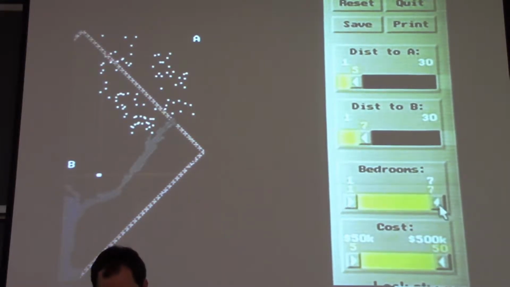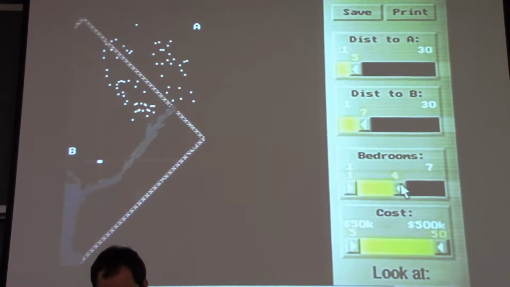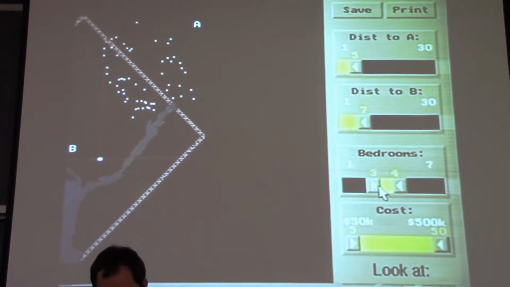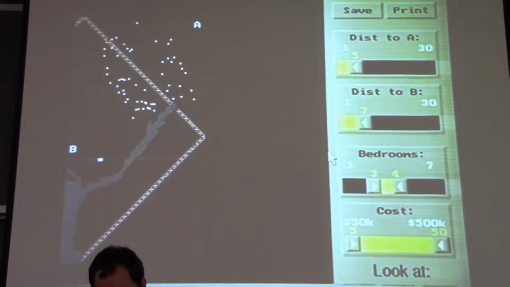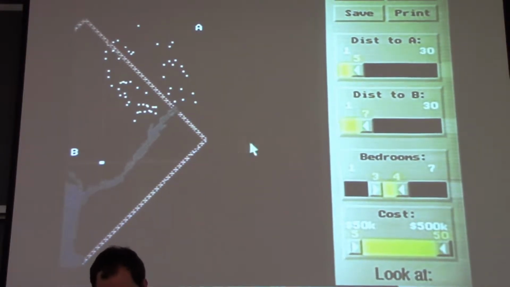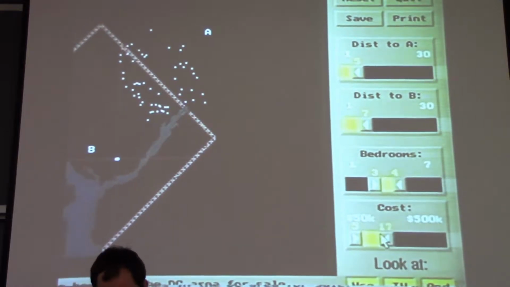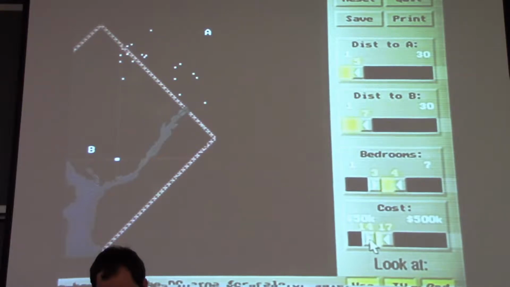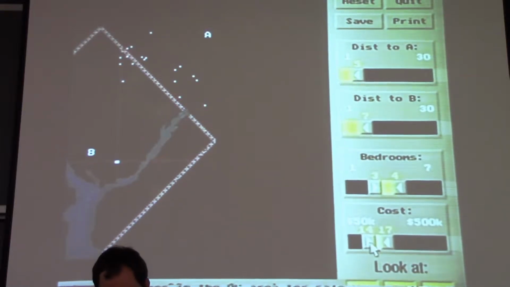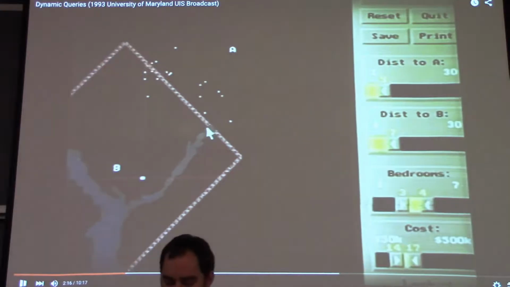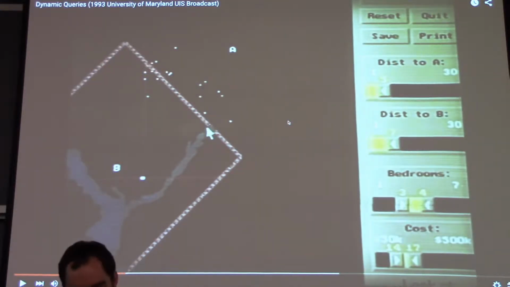If I now choose the number of bedrooms, I really want 3 or 4 bedrooms, so I move this double box slider to be 3 or 4. I've still got about 30 houses on the display, so why don't we look at the price now. We want to keep the price down, let's say between 140 and 170,000. And that's given us a set of about